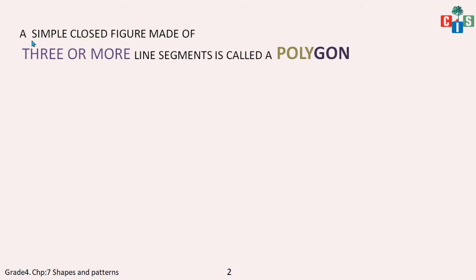So let's start. Let's have a closed figure and let's have a line segment. So this is a line segment I have drawn and I will name it A and B. Here there is an end point. Okay, so AB is one line segment. This is the other line segment. Let me name it B and C. And then the third line segment, that is C and A. Now this is a closed figure and it is having 3 line segments. So my definition of polygon is being satisfied.